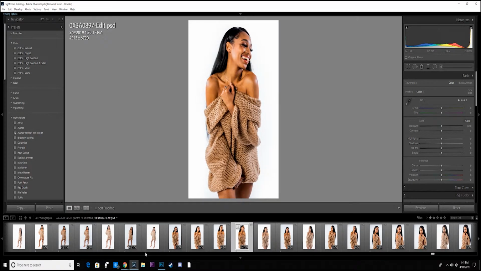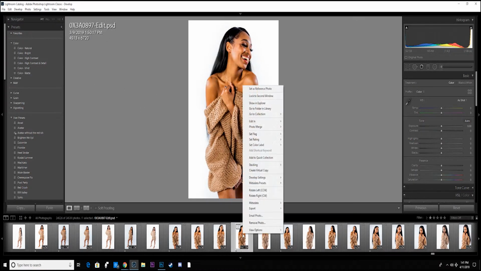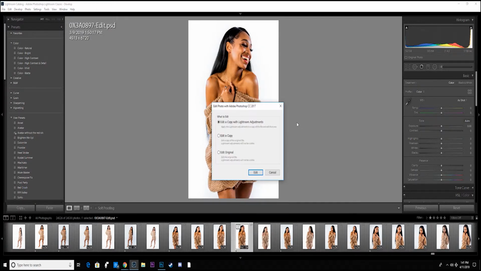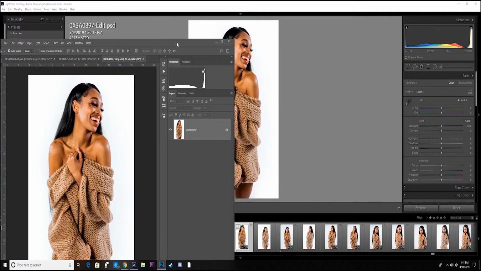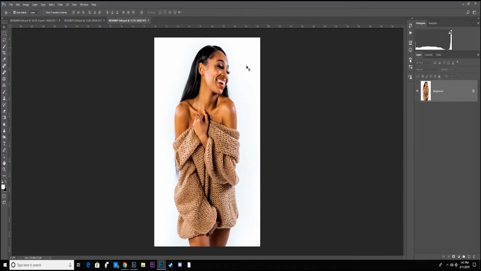Now the first thing you're going to do is from Lightroom here, I'm actually wanting to pull this photo up in Photoshop, so I'm going to select the photo, right click it, select edit in, and it's going to pull up Adobe Photoshop. I'm going to select edit a copy with Lightroom adjustments,